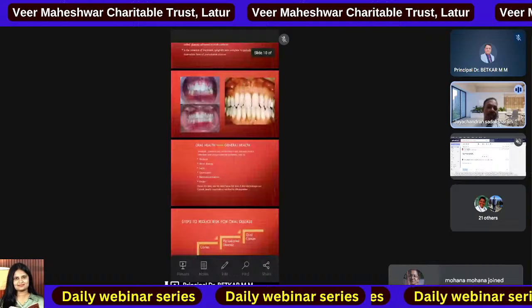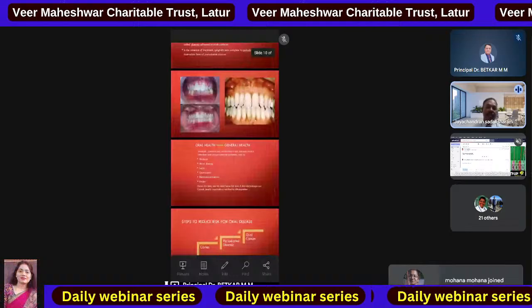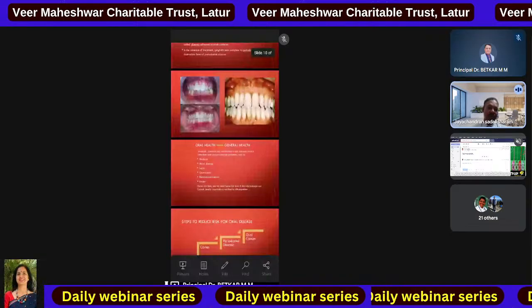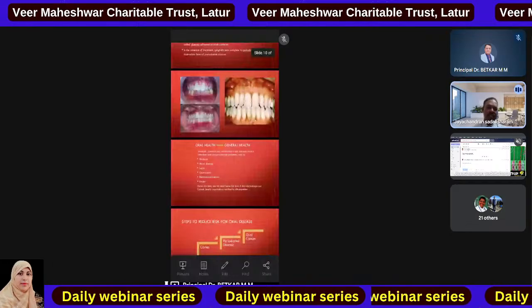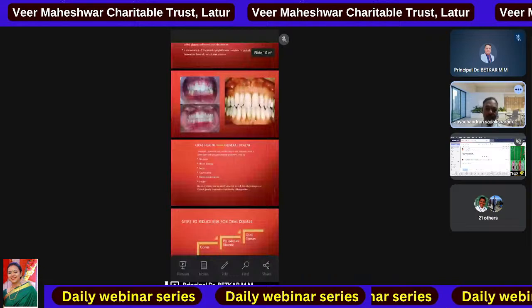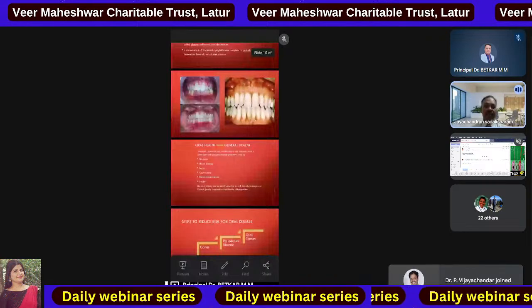In the early stage of oral cancer, using tobacco in the smoking form or the chewing form, they are prone to develop some changes in the oral cavity, because chronic smokers and chewers particularly develop some white lesion or white patch, which is not painful. That's why they neglect it and will not come to the dental profession for treatment.